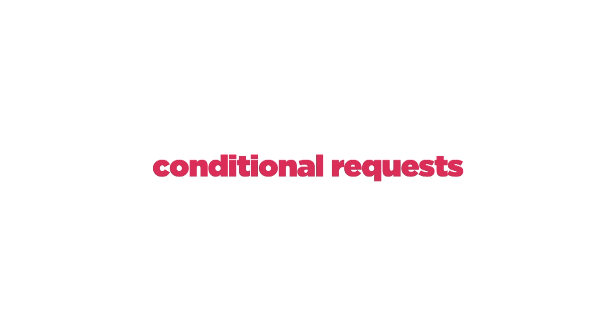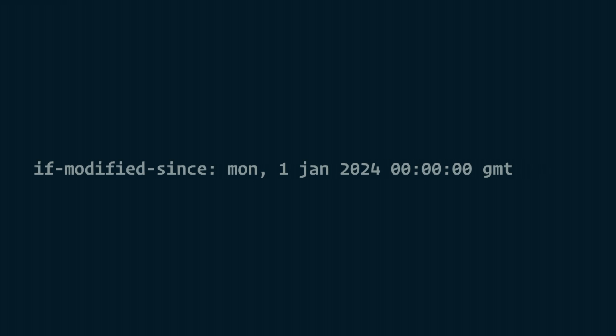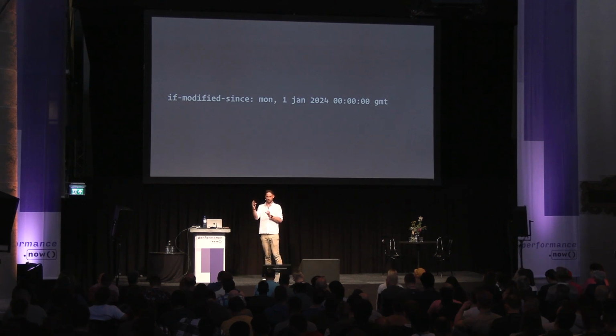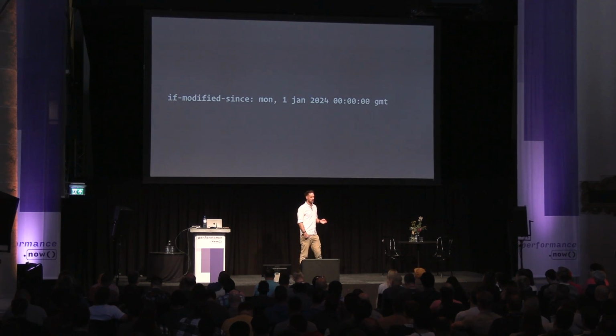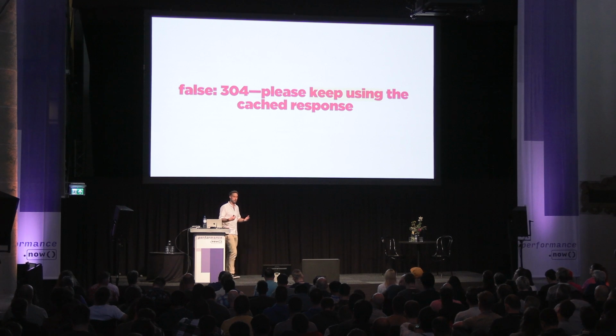So a conditional request will dispatch a request with a header, like If-None-Match, if the response had an ETag. If we use Last-Modified, it would dispatch an If-Modified-Since. If your build system has both ETags and Last-Modifieds, they'll both get dispatched. And if even one of them resolves to true and it has changed, then it will take that. So even if your ETag hasn't changed, but your Last-Modified has, the cache will always request the new file. So if you do have both, you can run into conflicts. If it has changed or it doesn't match the ETag, you'll get a 200 response. Here's your new file. On the flip side, if the file hasn't changed, can be reused, you get that 304